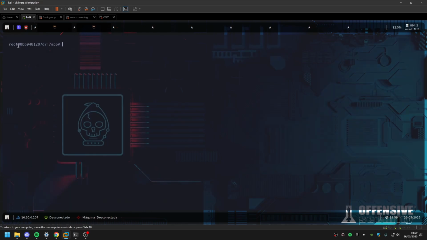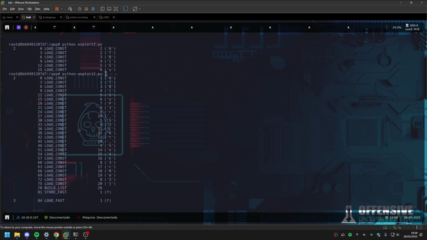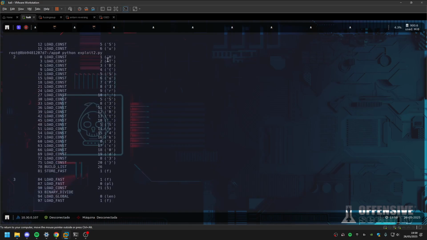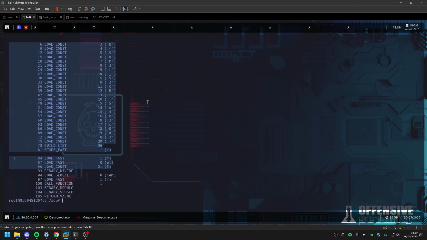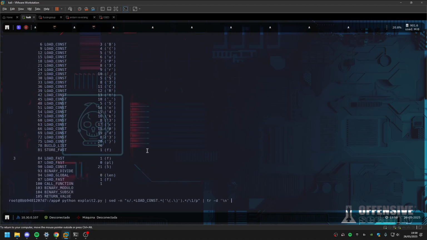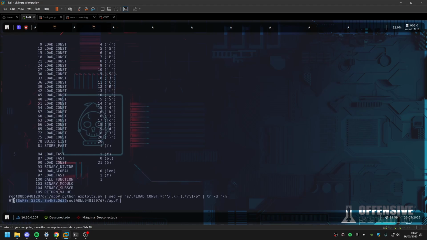So here I've got a Docker of Python 2.7, and we can just run it. If we run without this, we can see here the flag, and with this regular expression we can get it pretty printed. So it's